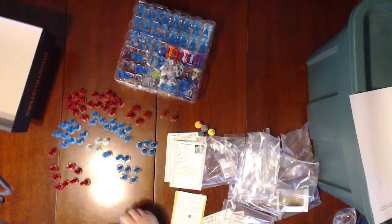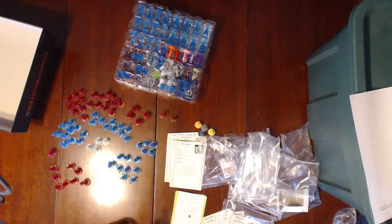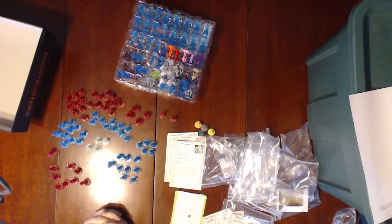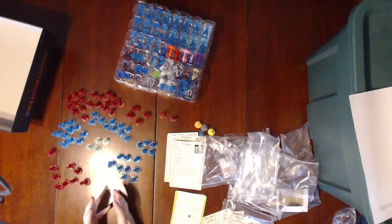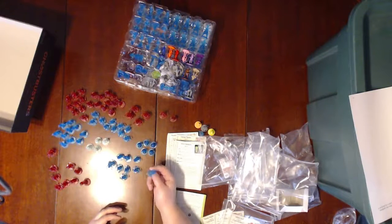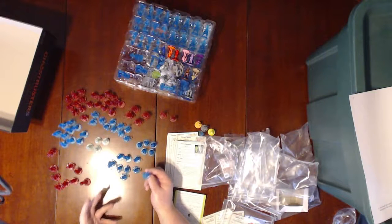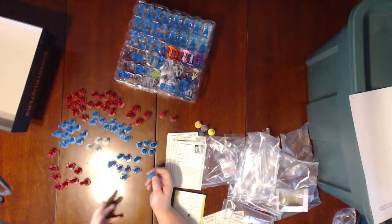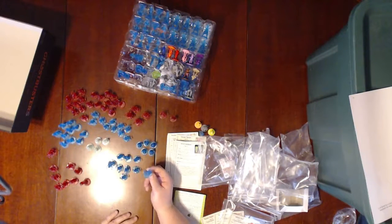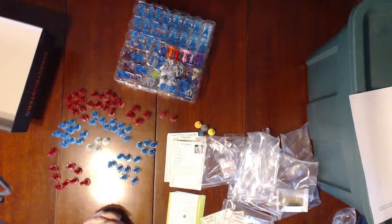As far as the miniatures go, the detail I don't think is very impressive. I don't know, again, if it's a problem with the detail in the miniatures themselves or the fact that this semi-translucent plastic washes it out, or maybe it's a combination of both. Maybe the detail's moderate and the semi-translucent stuff washes it out, but it doesn't impress me. I could actually see maybe even getting a headache staring at these colors, but